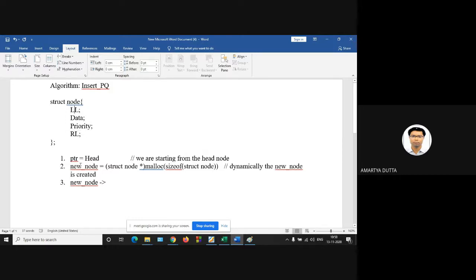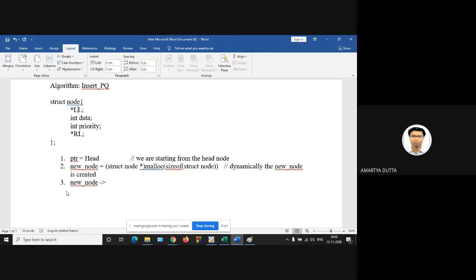So this is LL, the previous pointer, that is left link, and this is the next pointer, right link, and this is your priority, and this is your data. Data is int type, so int data, and similarly int priority.